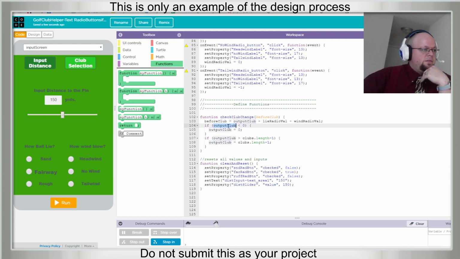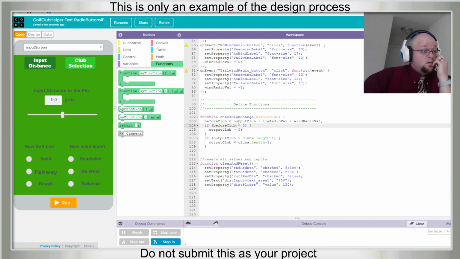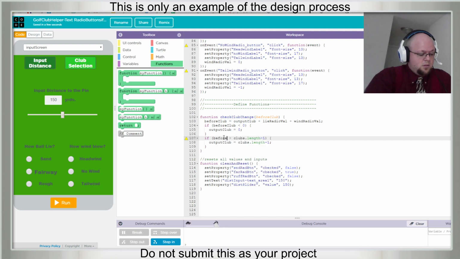And if before club is less than 0, output club is 0, and if before club is greater than clubs dot length minus 1, output club is itself.